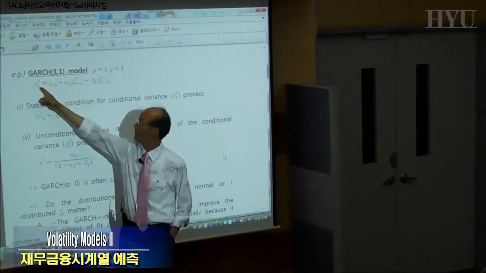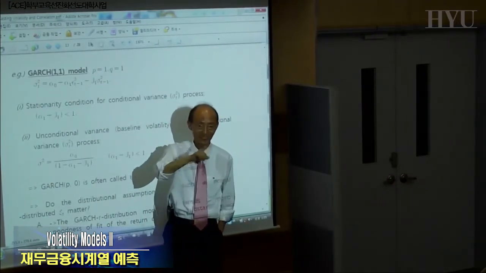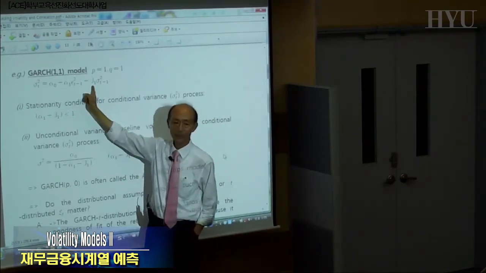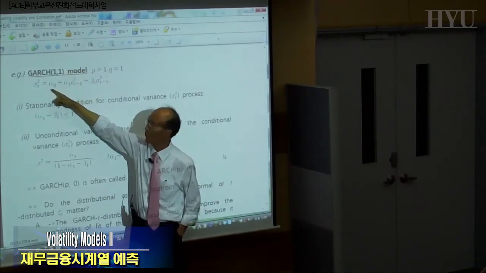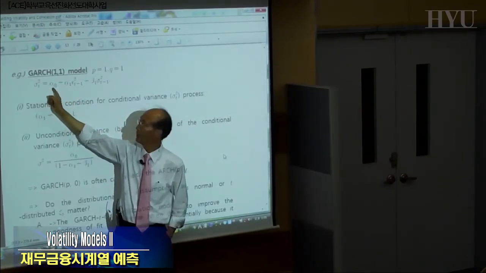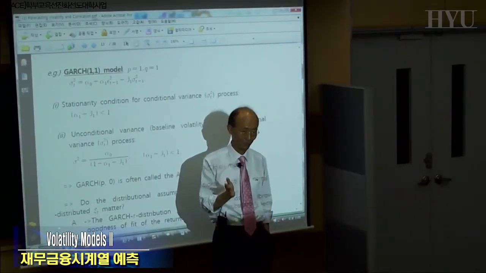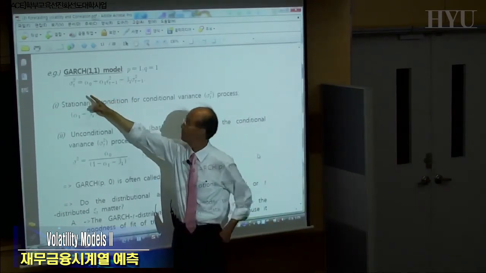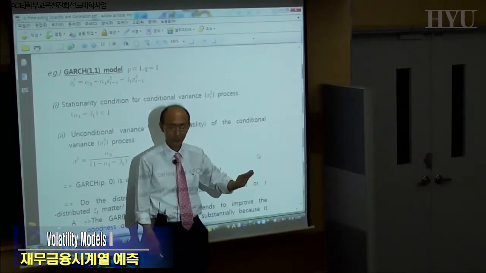You are very close to it. Probably he meant that, well, if alpha 1 and beta 1 are both 0, then those terms drop out, right? So there's only one term, and the variance cannot be negative. So it has to be positive all the time. So that's the theoretical constraint, okay? If these are all 0 and this is positive, then it's just a constant variance model, right? So actually you can test it.